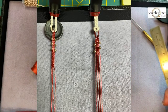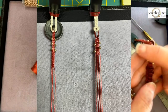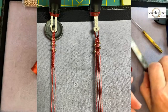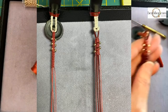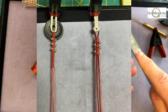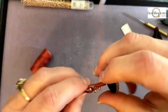Then what I did was I got the loop, because usually this loop would go through the shank of my button. But instead, I just created a loop by attaching it to my board, also doing some macrame down, I don't know, about 3/4 of an inch. So I had these two completed. Okay, makes sense? Now, what I did then was I folded,